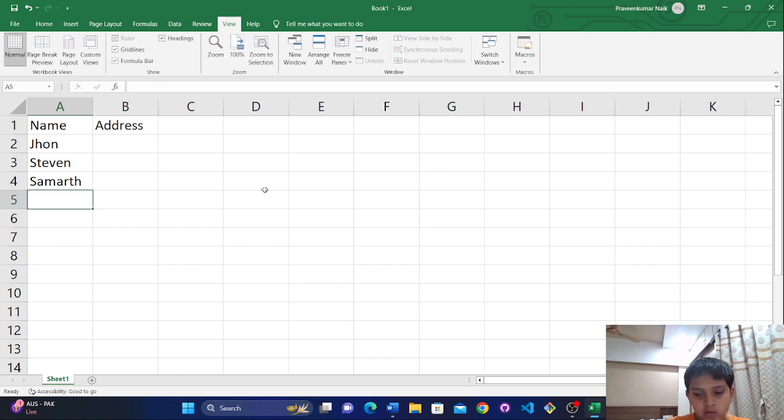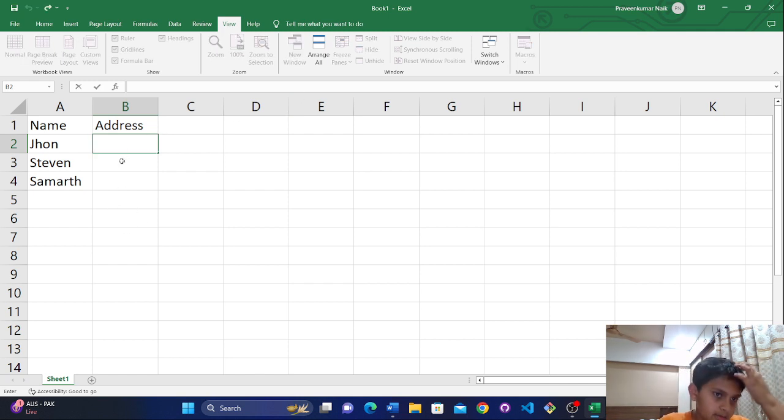I'll add a few more names. Let's say, okay, that much. I cannot think of any names. So we'll click on the address column and we'll type the addresses. So I can say maybe Main Street, 34th Colony,